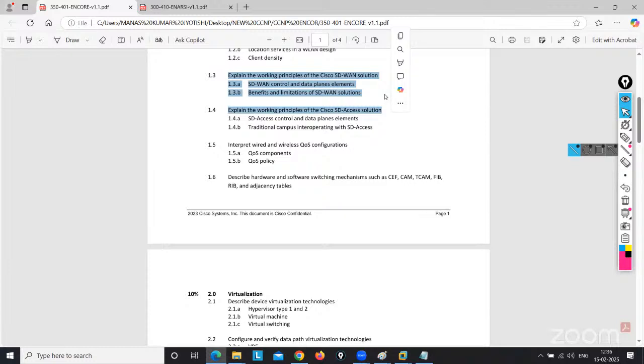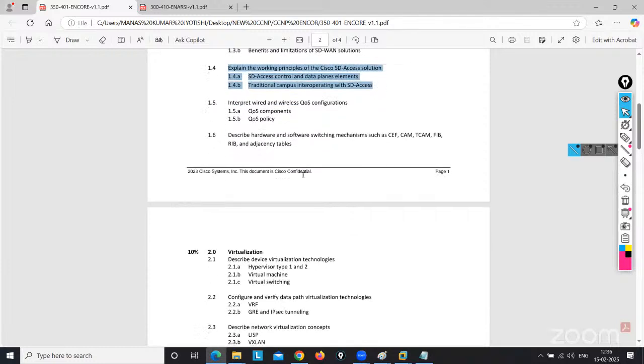Because in the next 4 to 5 years, SDA will be completely implemented in every company. It's a very easy solution to troubleshoot issues and to monitor all the access points and switches. You can also upgrade the image directly from here through the golden image. So it's a very interesting one. It's a short series introduced on the Encore part, and I will show you the GUI. Okay. Then quality of service is there. For these things we will do some practicals.